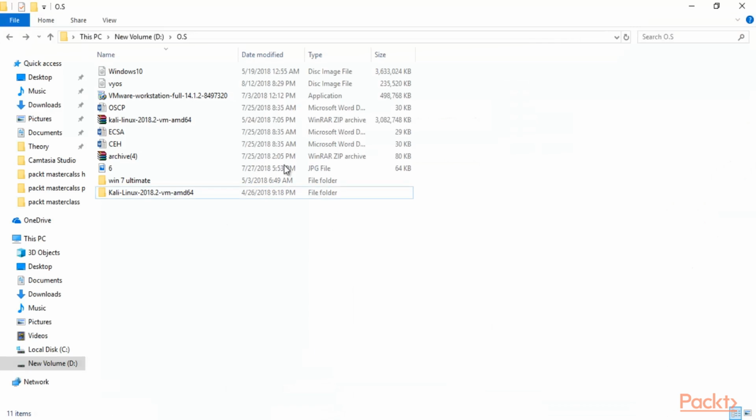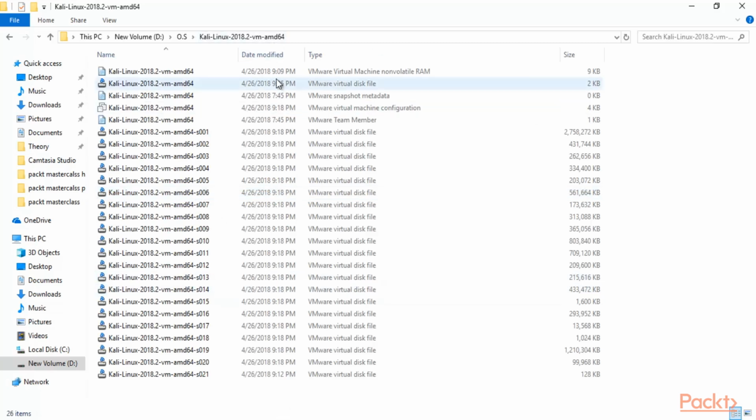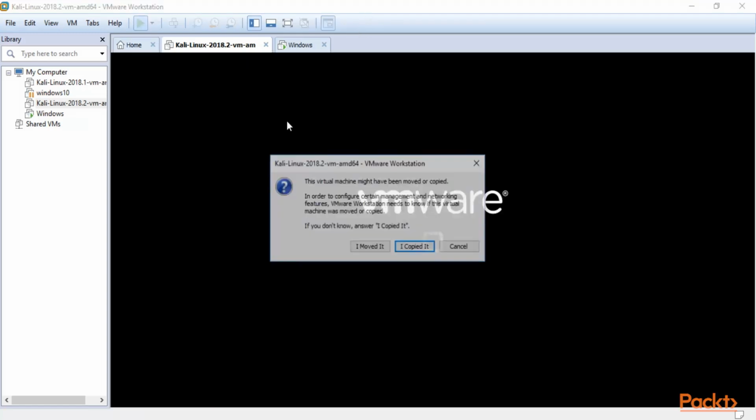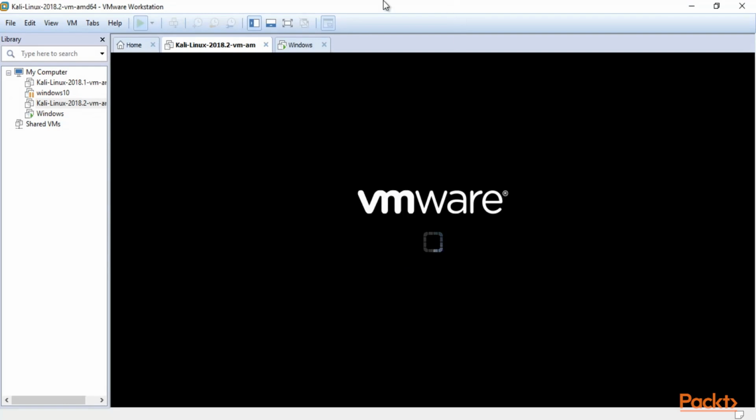Now let's talk about Kali Linux. So this is Kali Linux 2018.2 VM AMD 64, right? If you double click here, you will get these files. Now you just need to find the machine configuration file, which here is number 4, and you just need to double click on this file. So this is Kali Linux 2018.2 and Windows 10 is installing inside the VMware Workstation. Windows 10 installs automatically, and inside Kali Linux you can click on power on virtual machine. So you can click on I copied it,